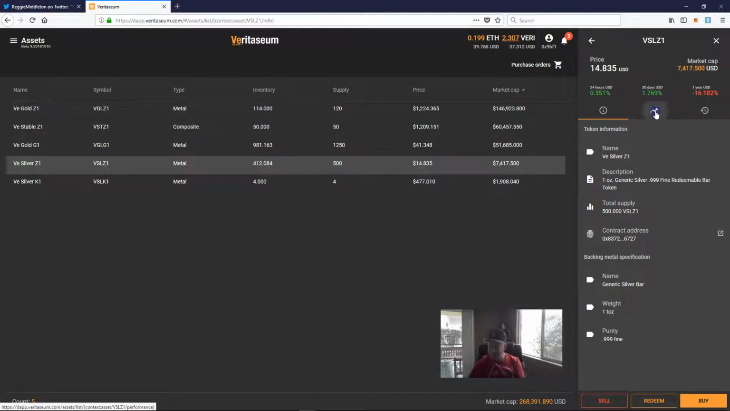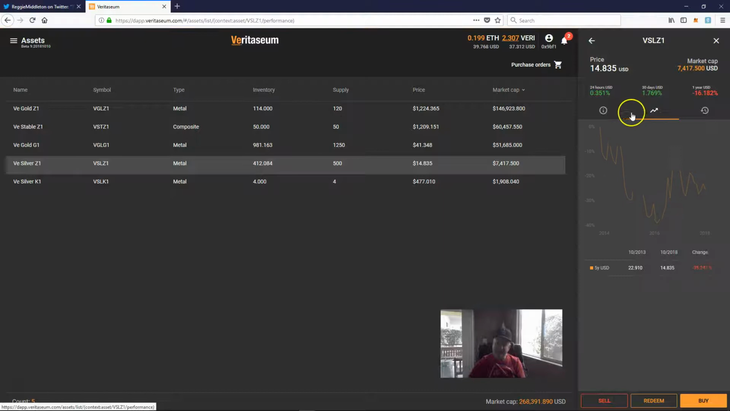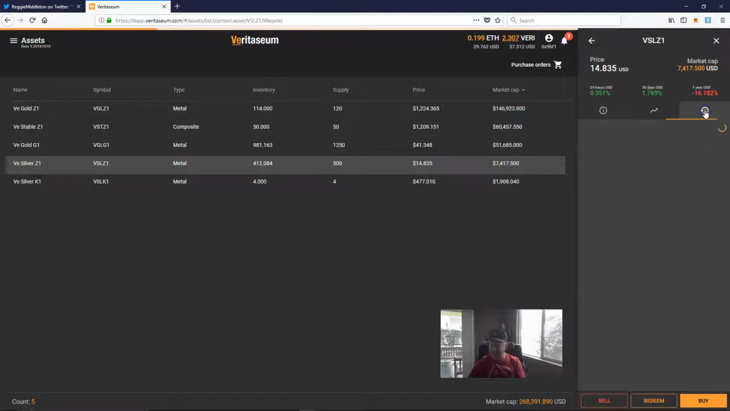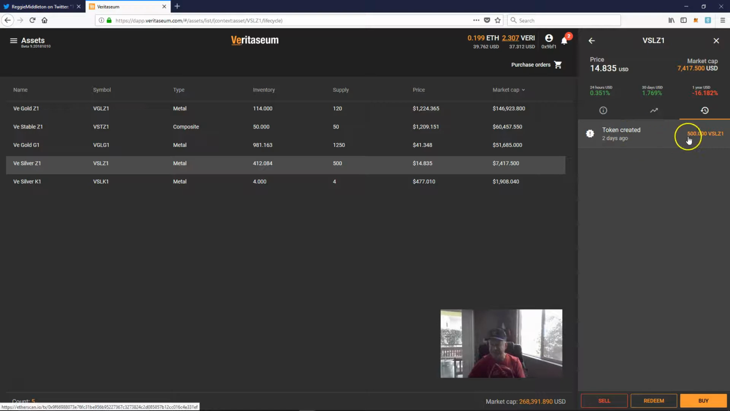You can click the graph here in the middle tab and see the history. This is of course charting the history of price of silver back to 2014. Not quite as meaningful since we're just sitting here where the silver has been added to the platform. And then the far right transaction view here, we'll see that the token was created 2 days ago with an